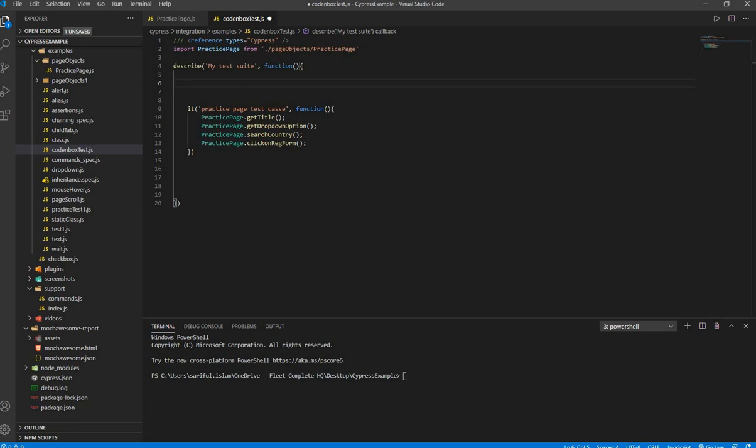Okay, so to use the before hook, I believe you already know it. If you don't know it, please watch my separate video related to using hooks in Cypress. So to use the hook, you have to write the hook right after the describe block, right inside the describe block, before any it block. So you will say before,